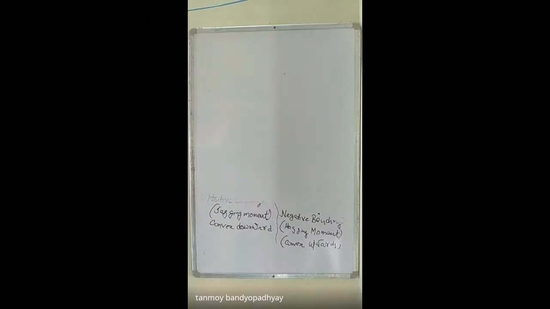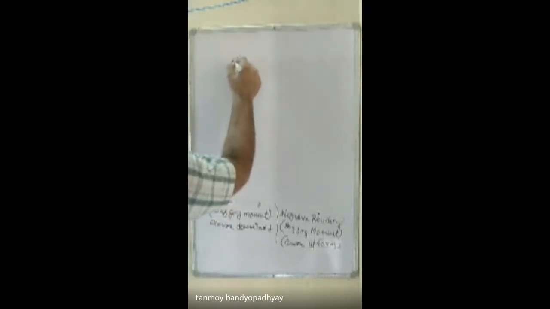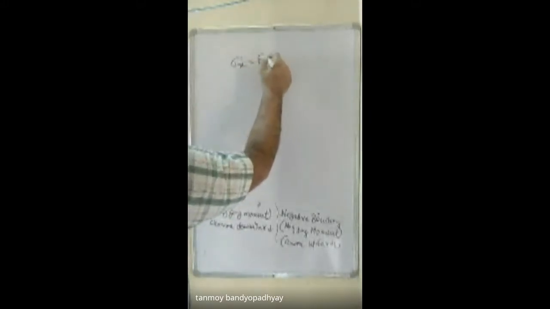So let us assume that the Young's modulus of the beam material is capital E, and we assume that the material follows Hooke's law. If the material does not follow Hooke's law, then you could not apply sigma x equals E epsilon x. So there are certain assumptions in the pure bending expression. The first assumption is that the material remains within the proportional limit and the elastic limit as well. That is why you are always able to apply sigma x equals E epsilon x. And we are assuming that the material is homogeneous.